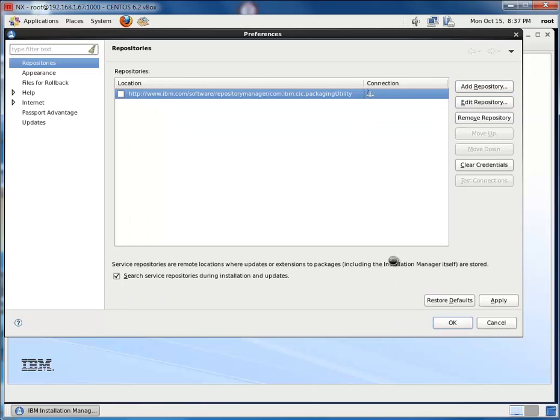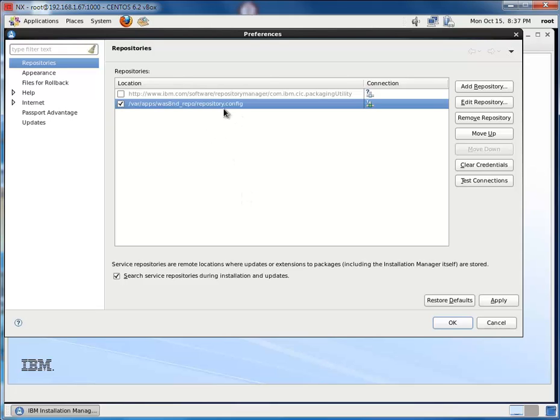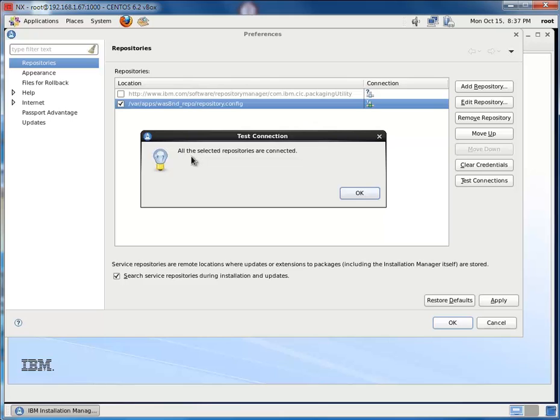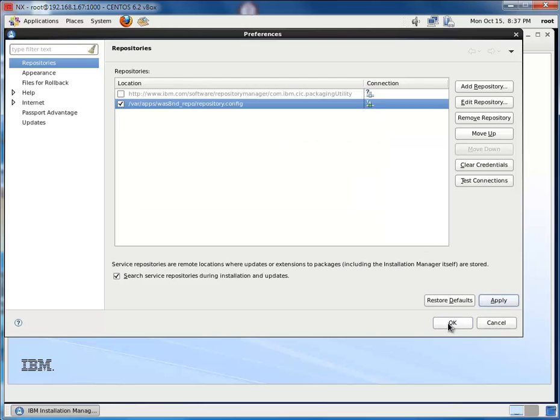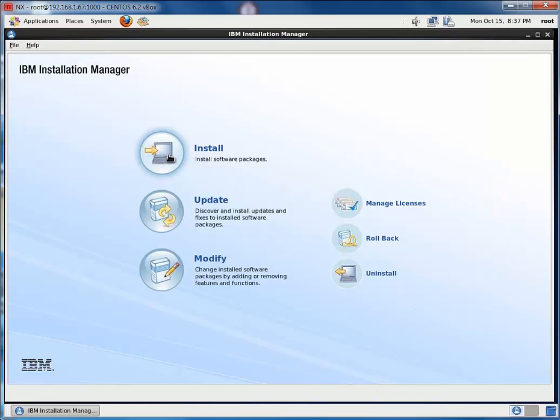So I click OK on that, and you can see now that I have a connection set up. I can then test that connection, and you can see that all the connected repositories or selected repositories are connected. I then click apply. Okay. So now when I click install, what this is going to do is it's going to essentially query that repository,